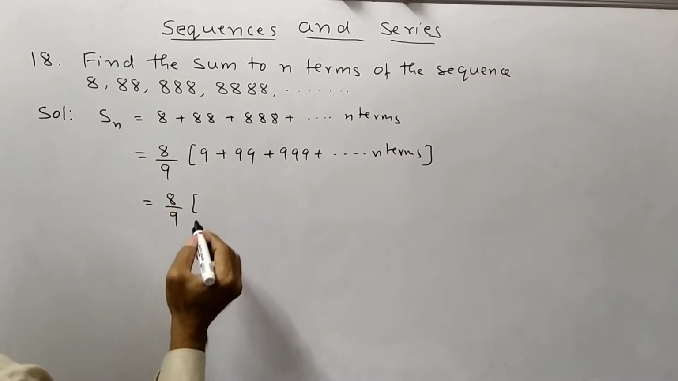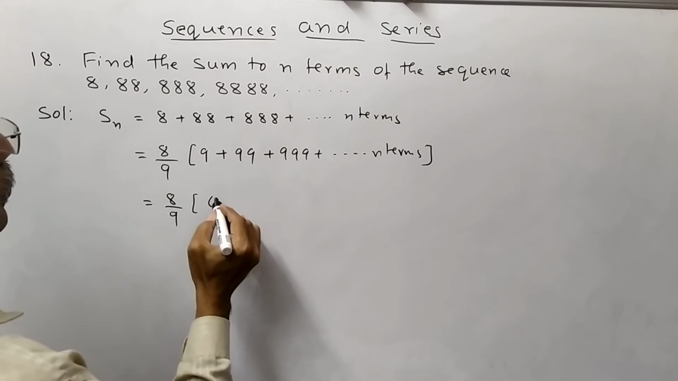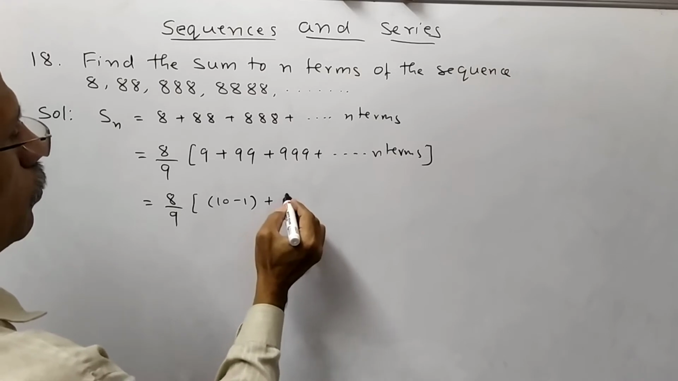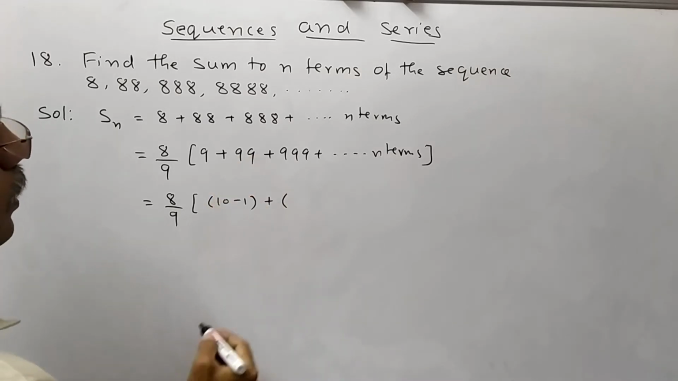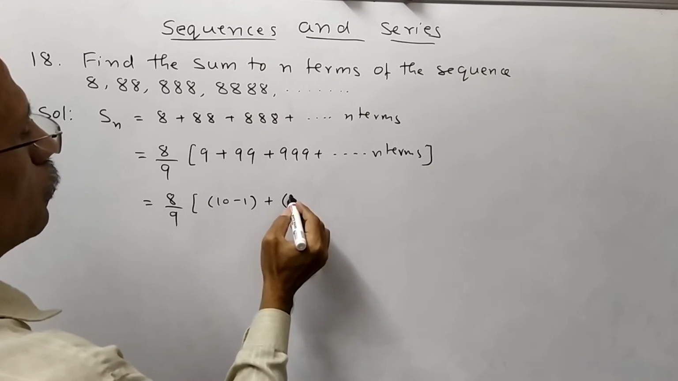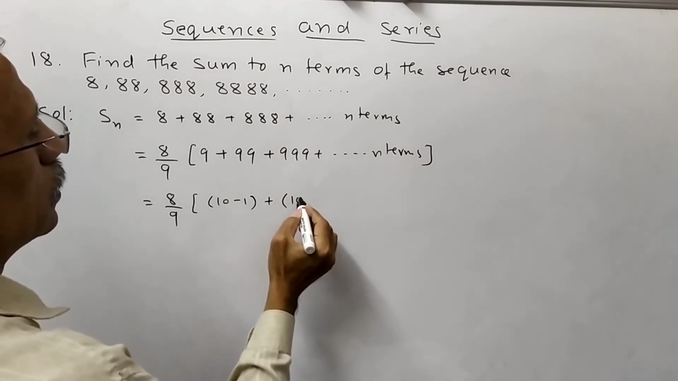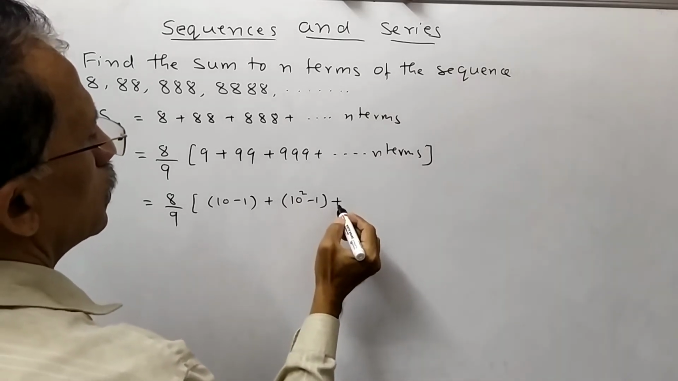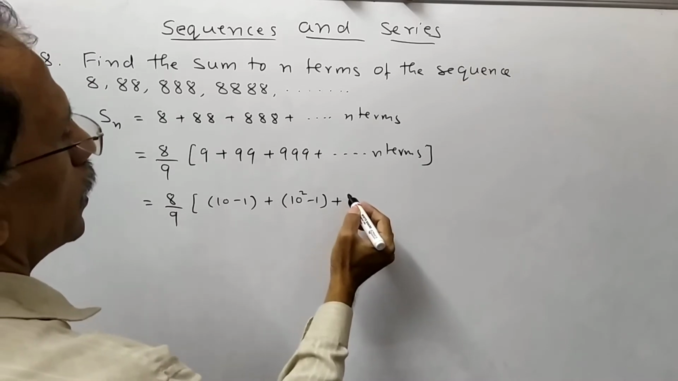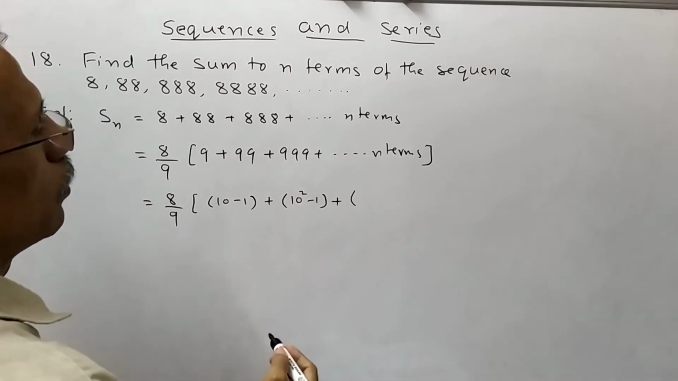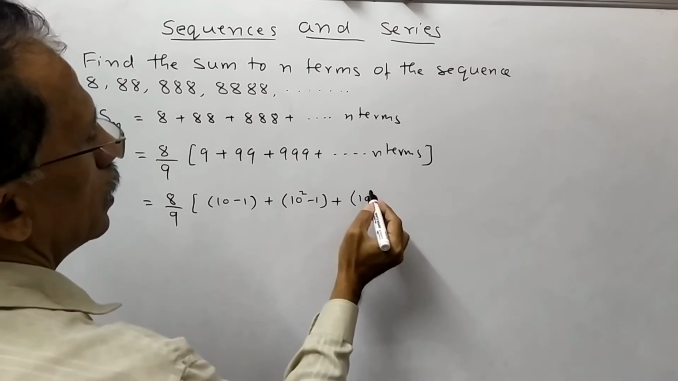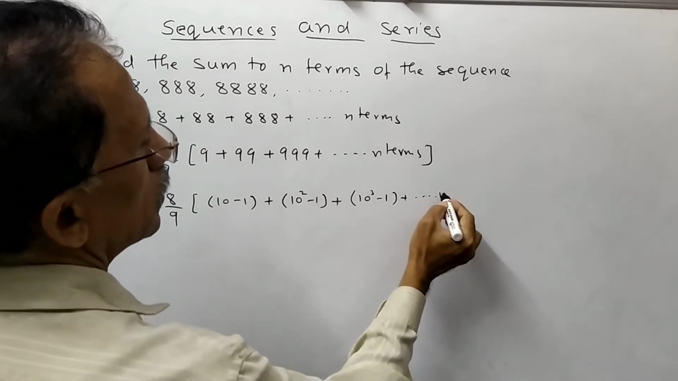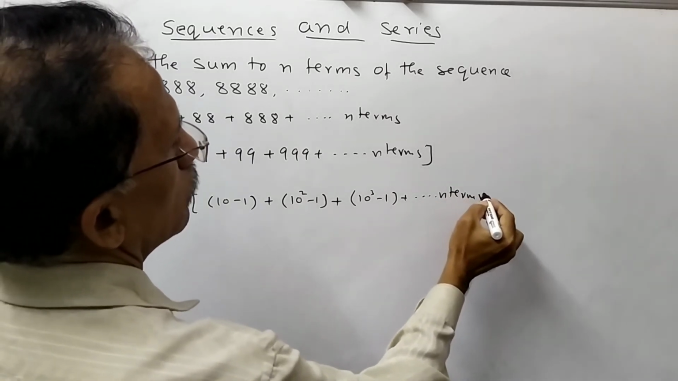This 9 can be written as 10 minus 1, plus 99 can be written as 100 minus 1, that is 10 square minus 1, plus 999 can be written as 1000 minus 1, that is nothing but 10 cube minus 1, plus dash dash dash n terms